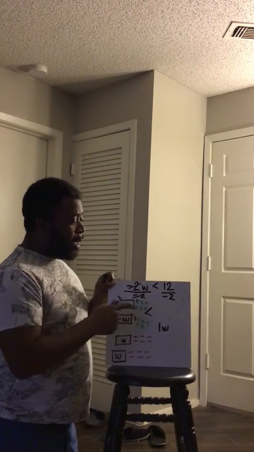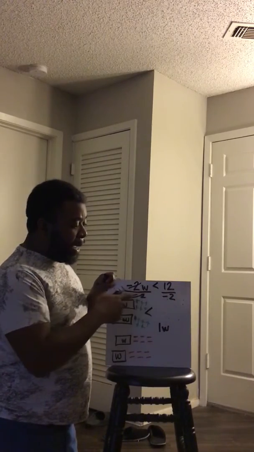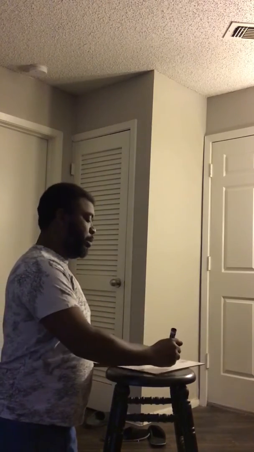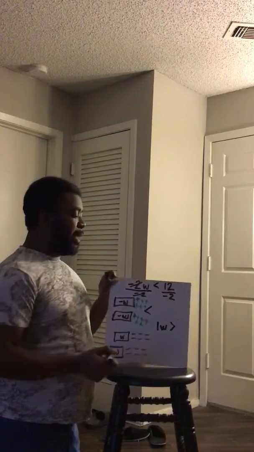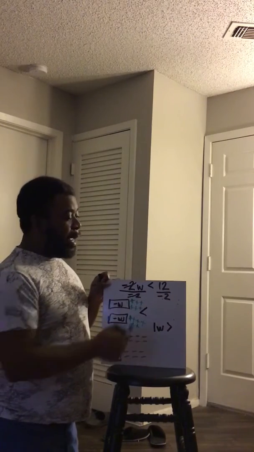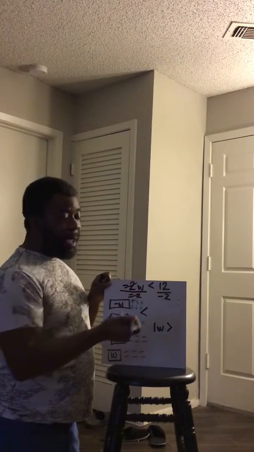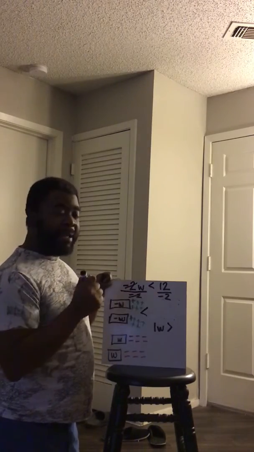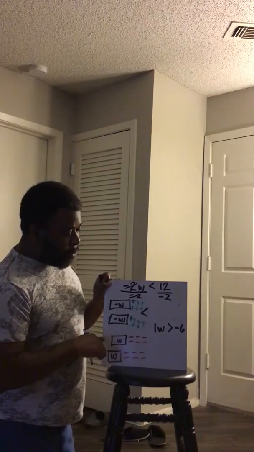But I divided by a negative number. That's going to flip my symbol, which means it has to be greater than now. And then 12 divided by negative 2. I have a positive divided by a negative. That means my answer is going to be negative. And 2 goes into 12 6 times. So 1w